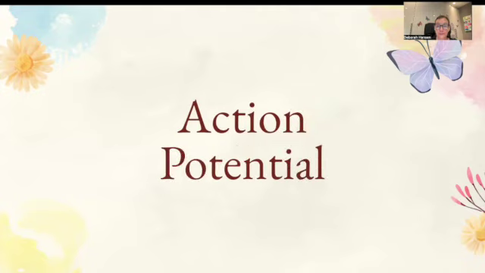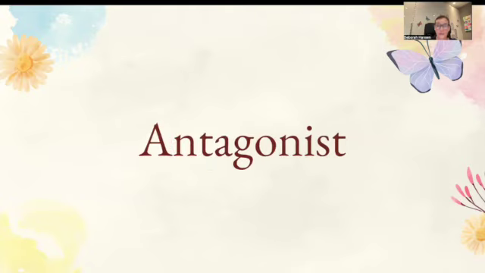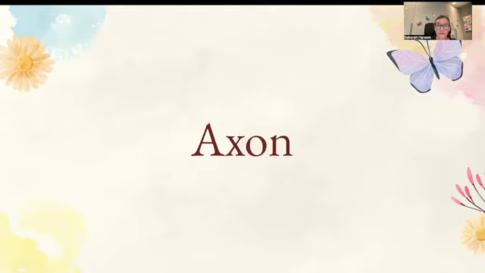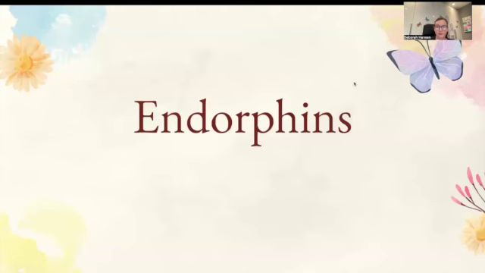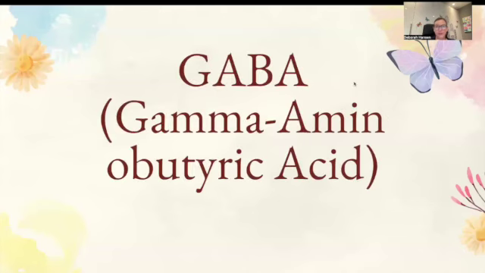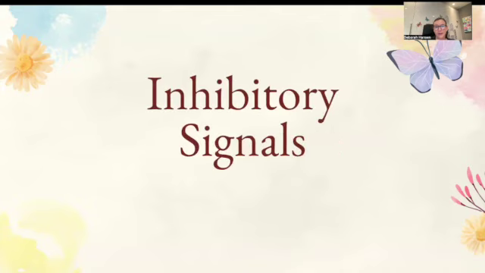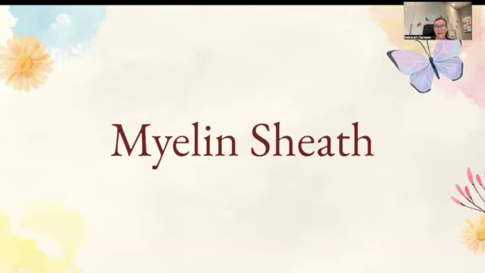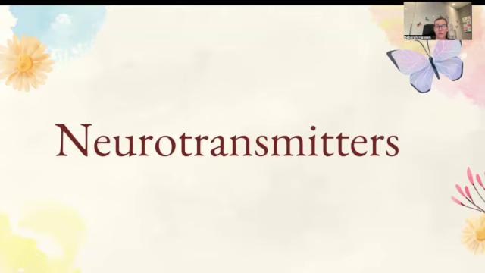action potential, agonist, antagonist, axon, dendrites, endorphins, GABA, gamma aminobutyric acid, glutamate, inhibitory signals, myelin sheath, neuron, neurotransmitters,